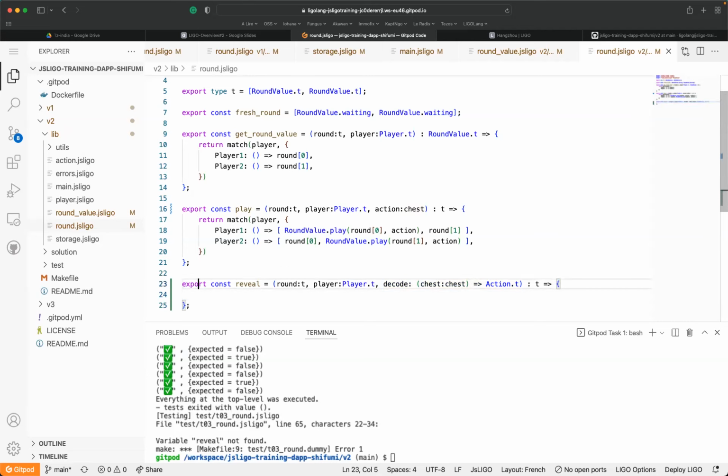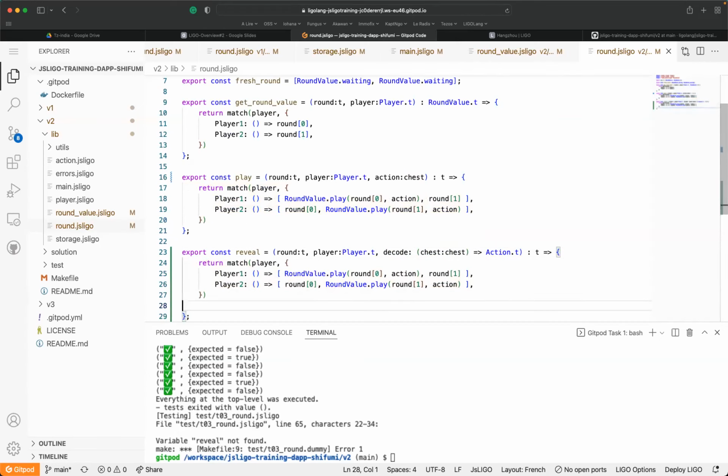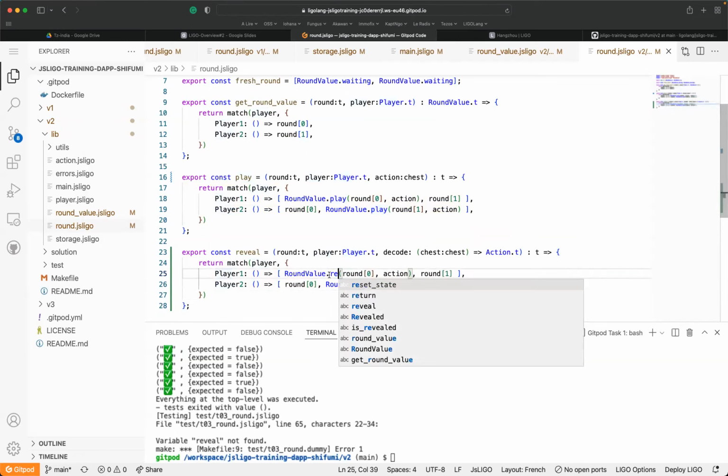Okay. And then after, we have once again something to do: if I'm player one, I would like to do a reveal view, round value reveal, the round 0, but not with the action, but with the decode function.